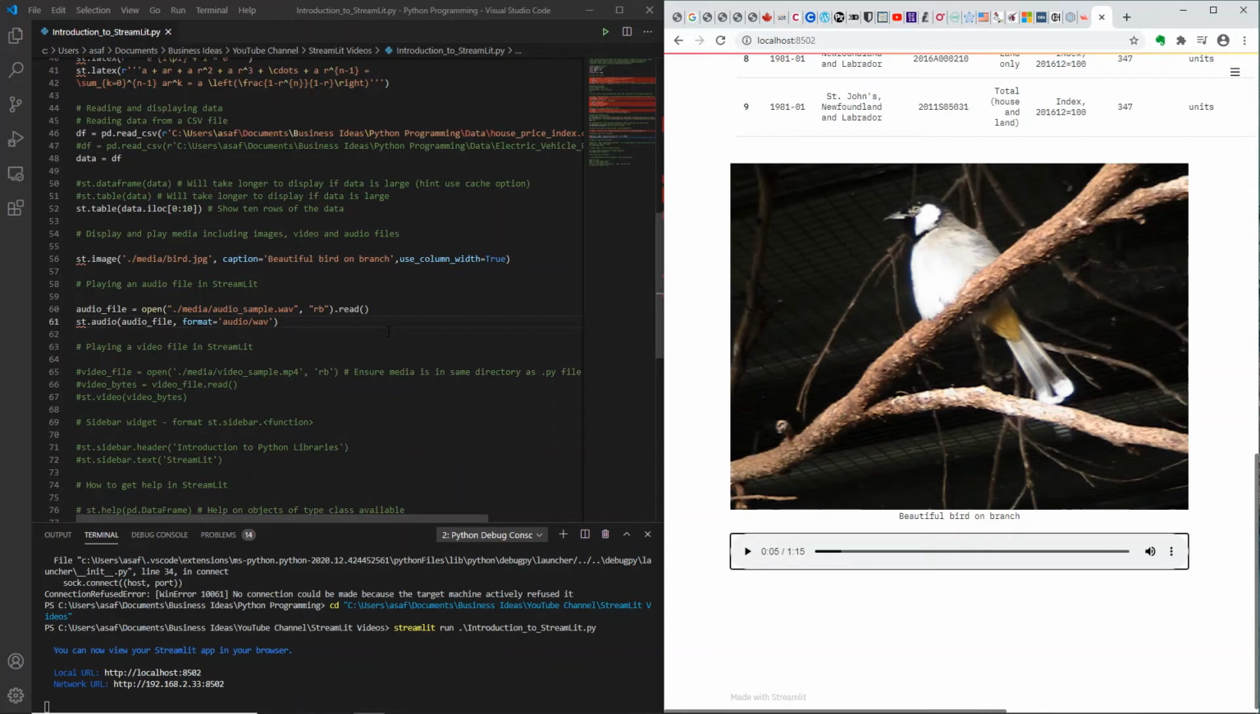Amazing. Let's see how you can display a video. So I have this video file, again a variable. I'm using the open format to read that file. It supports MP3, MP4. You see that same parameter called read bytes. And again, a very strong tip: ensure the media is in the same directory as your .py file, and you